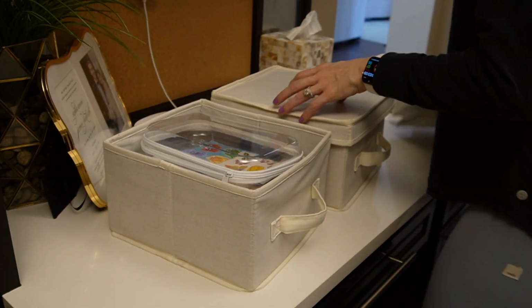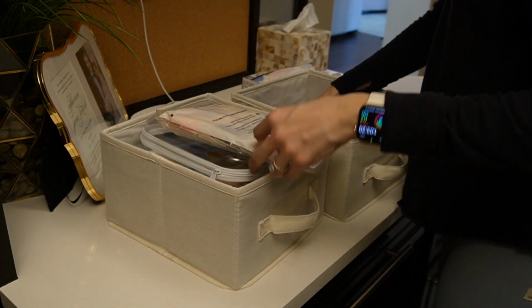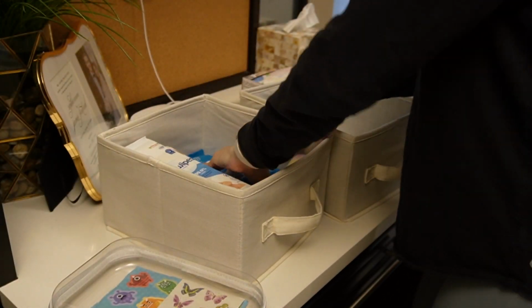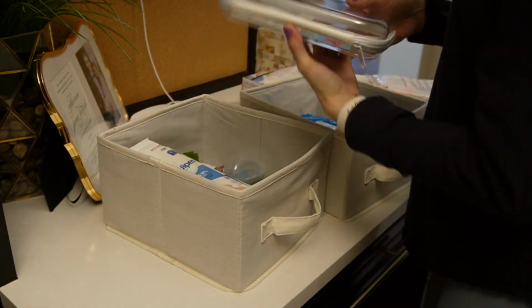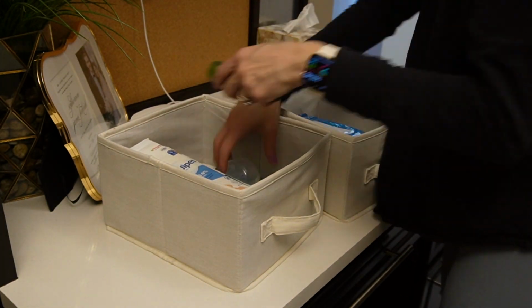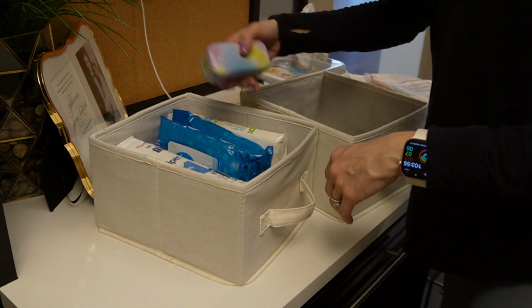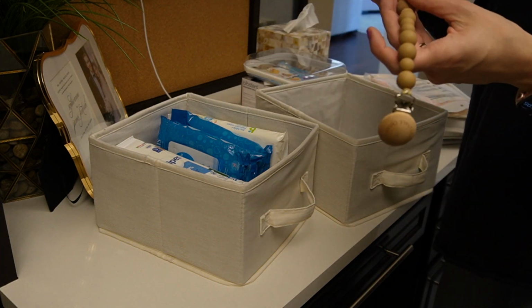Over here, we have a couple of decorative bins, but inside of them, I keep baby items that are on-the-go baby items to refill my diaper bag. Some are things for restaurants or mini packs of wipes, which I really like. I had some disposable bibs that really just did not work out for me, and I tried using them for so long. So we are going to toss those, declutter them, and I'm just reorganizing the 2 bins, keeping everything consistent in